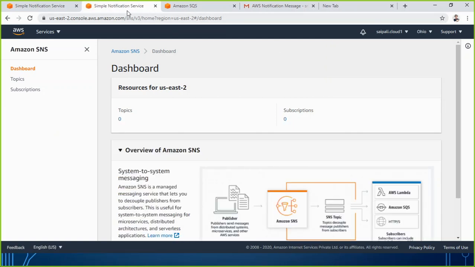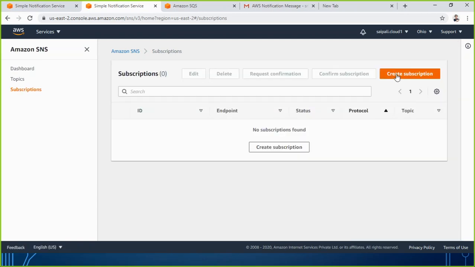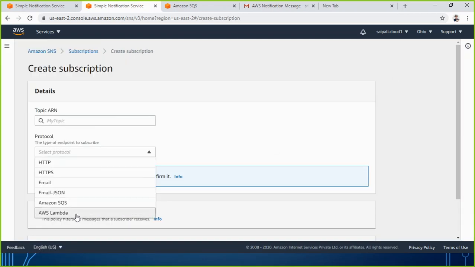What happens sometimes is that some of the regions don't support all the functions. So if I go to the Ohio region, I go to subscription, I go to create subscription. Here you see in the protocol list, I don't see the SMS option. So I wanted to just tell you that maybe if you are doing the practical by watching my video or by this training, just please make sure about your region. Some regions maybe don't support the SMS function as of now. So don't worry about that, okay? It's just a matter of region. Maybe the region which you belong to doesn't support the SMS function right now.